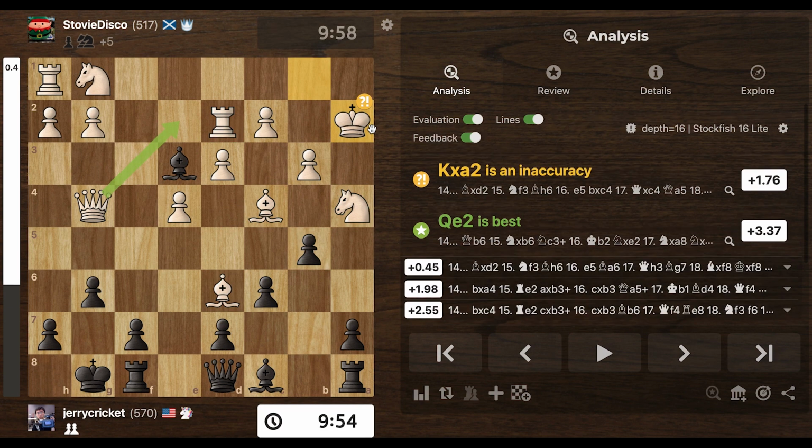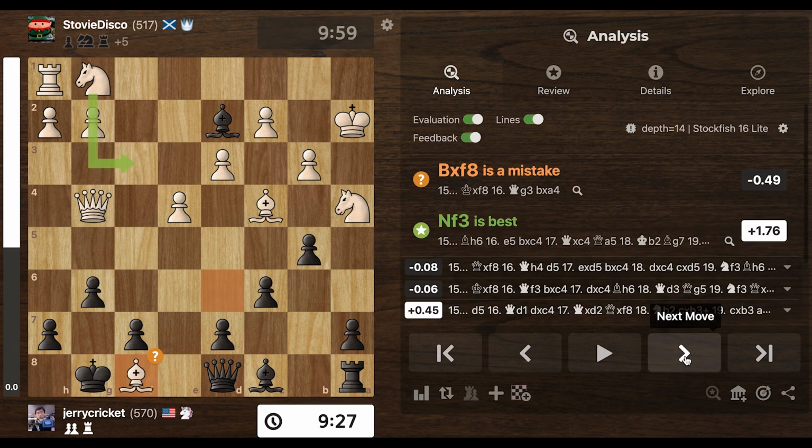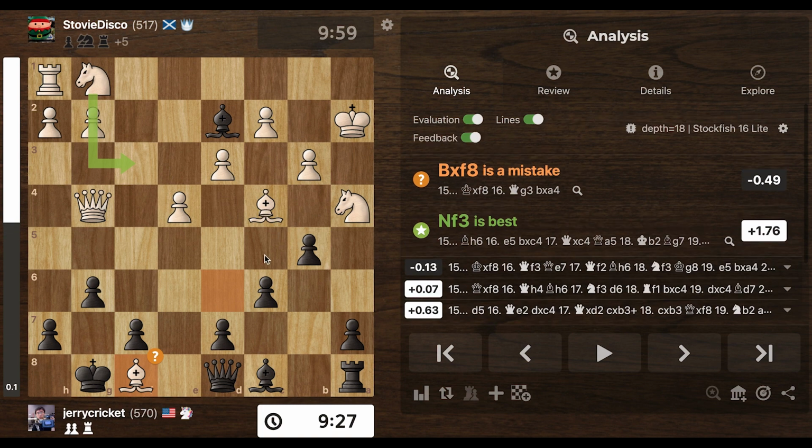But he directly takes. So now I take his rook. And he's still forked here. So he played it wrong. So then in a desperado move, he tries to...